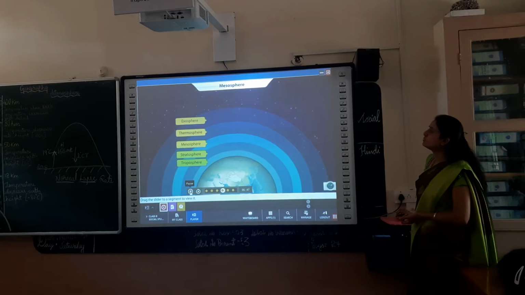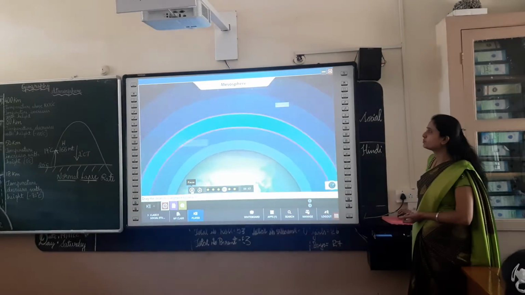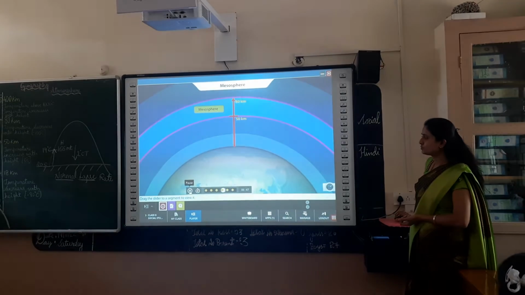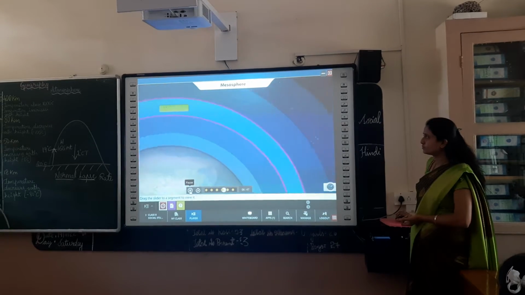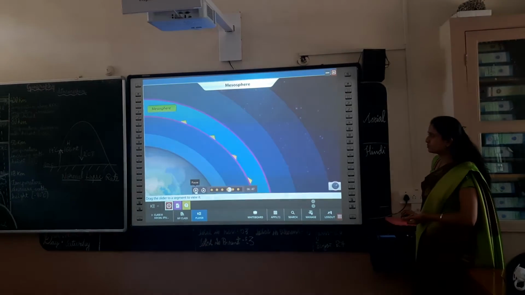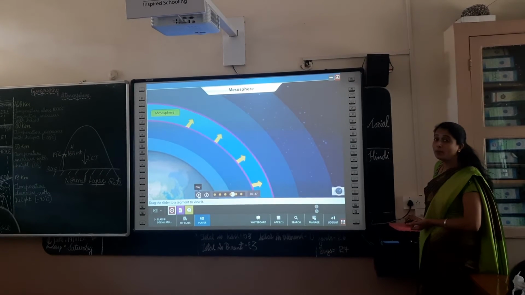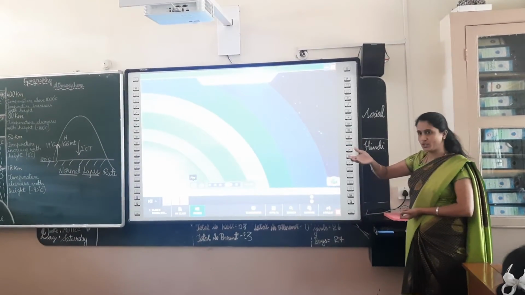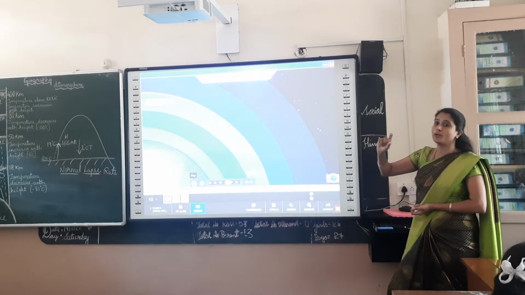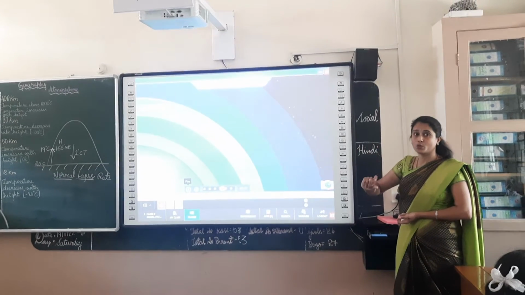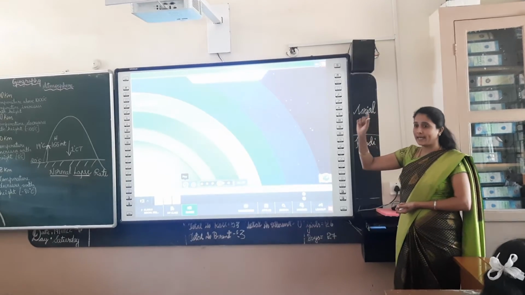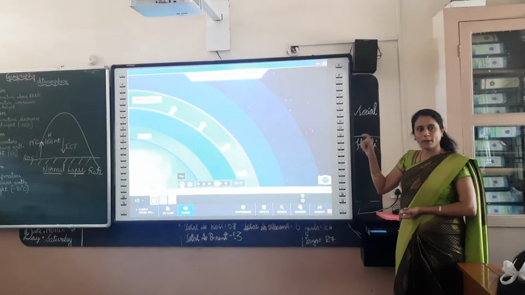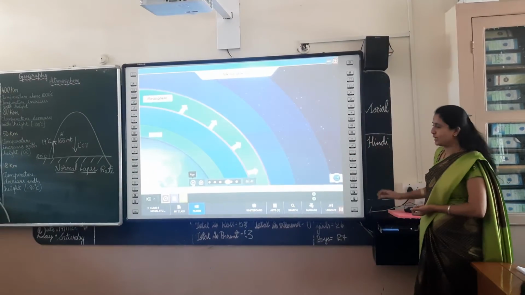Yes, ma'am. Just above the stratosphere is the mesosphere. It extends from an altitude of 50 kilometers to 80 kilometers above the Earth's surface. In this layer, the temperature falls as the height increases. Same type of condition we noticed, where the height is increasing, temperature is decreasing. And we remember the mesosphere is considered the middle layer of the atmosphere. As there are 5 major layers, the meso layer lies in the middle of all 5 layers. Meso is nothing but the middle layer of the atmosphere.